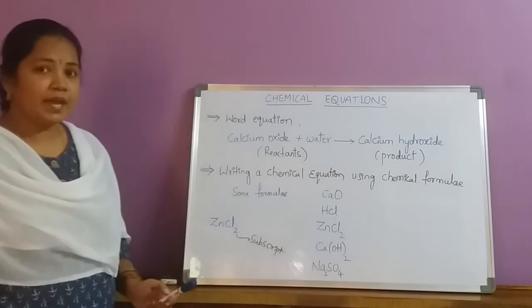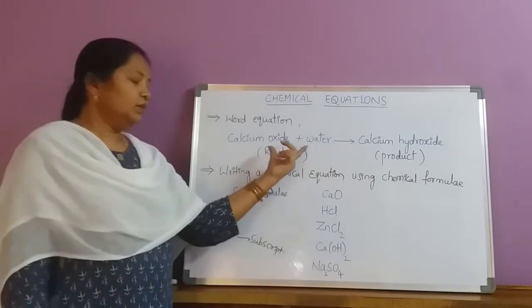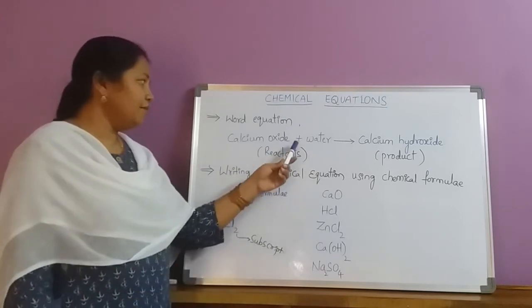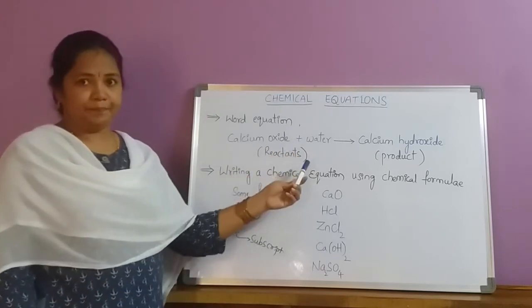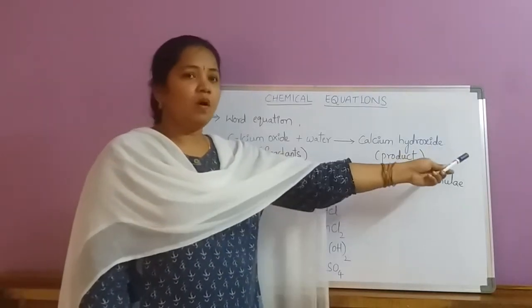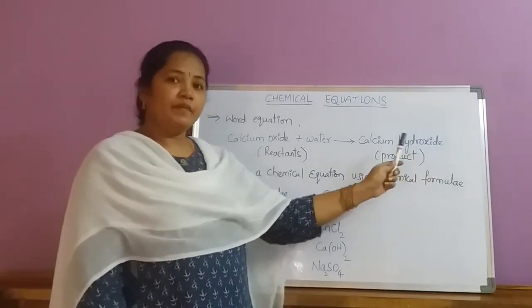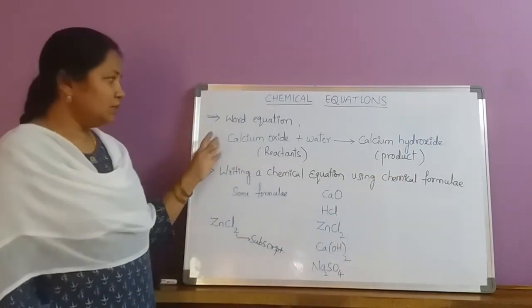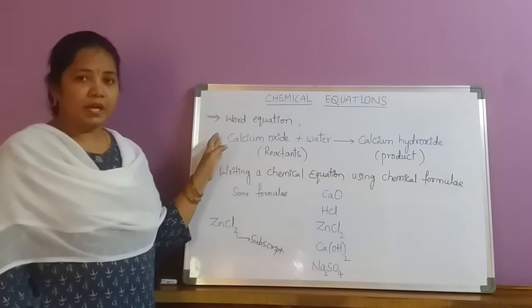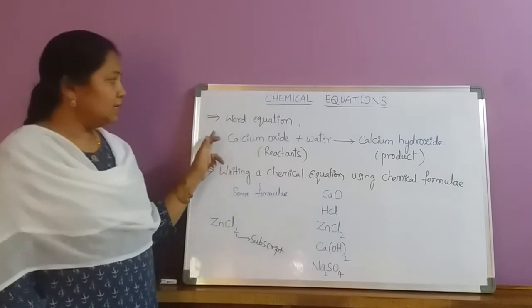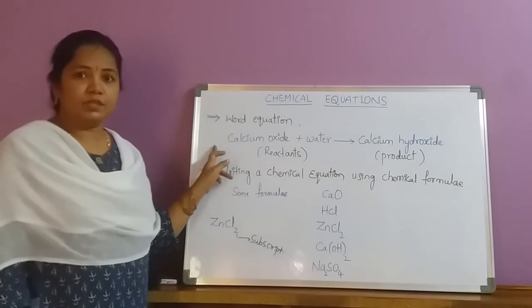For example, in any reaction, if two or more reactants are present, they can be represented with the help of a plus sign between them. Sometimes products may also be more than one. If two or more products are there, again we will represent them with the help of a plus sign between them. So here, as I did not use any chemical formula, and have simply written with the help of their names, this is a word equation.